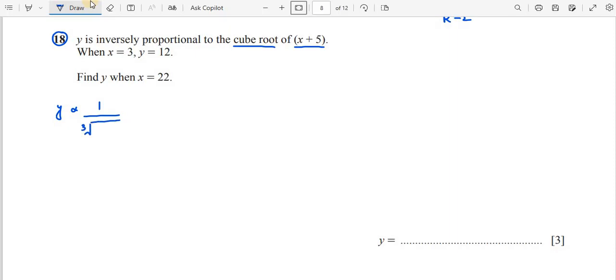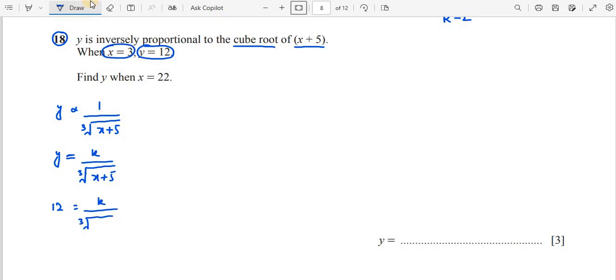If we convert inversely proportional to an equation, it will be y equal to k over the cube root of x plus 5. Here y is equal to 12, so 12 is equal to k over the cube root, and